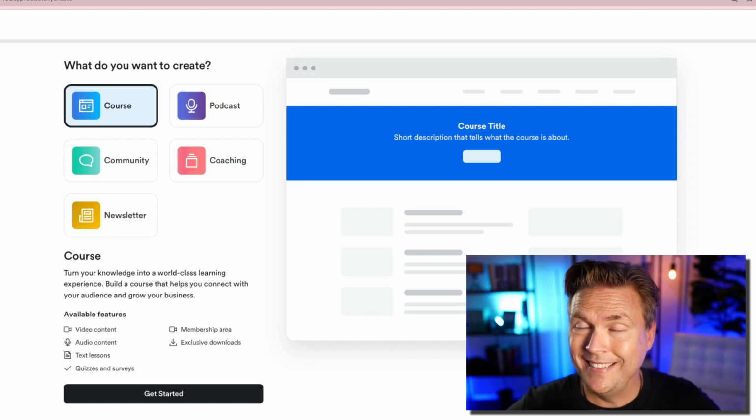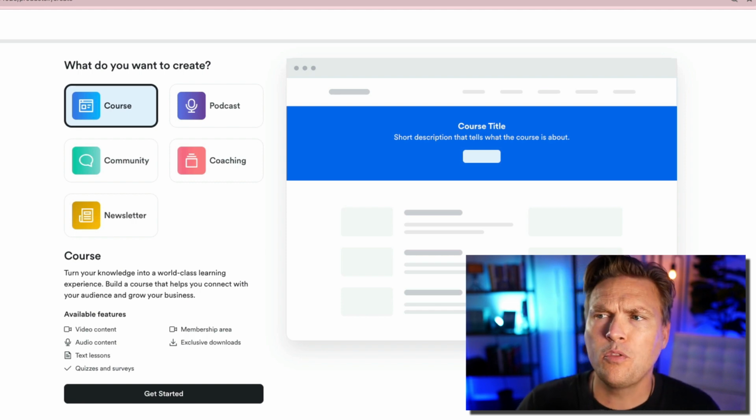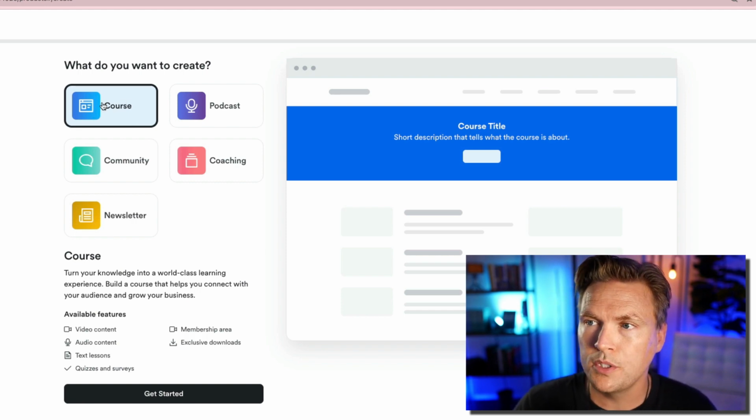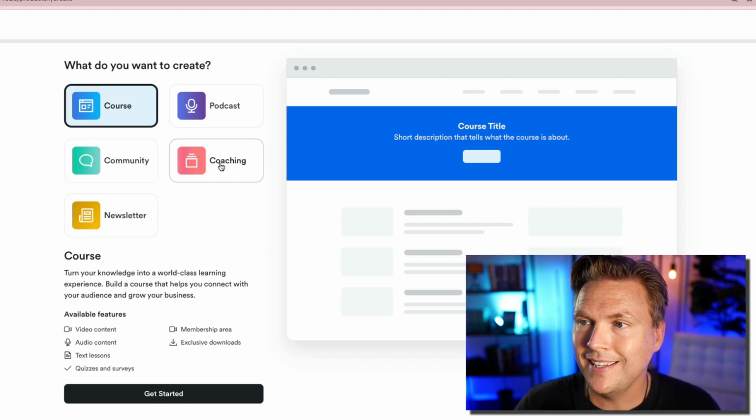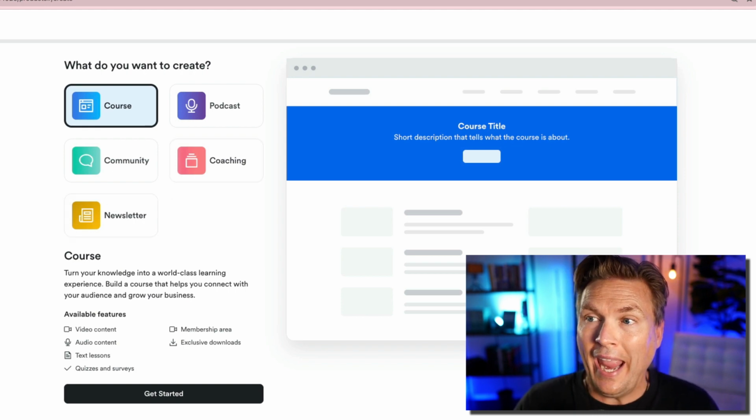So you could go crazy. You could have 3 courses, a flagship course, a mini course, a tripwire course. You could have a podcast. You could set up 2 different communities, maybe a paid community and a free community. You can set up a group coaching package and a one-on-one coaching package and have a newsletter, and we aren't